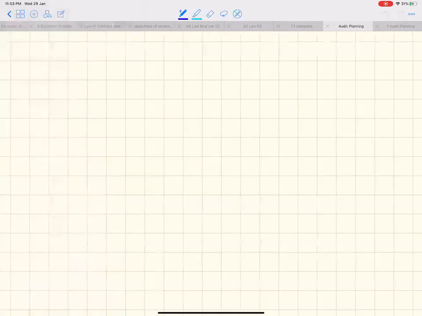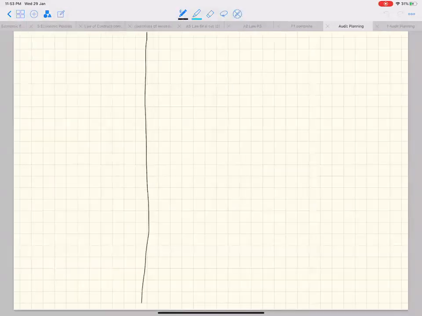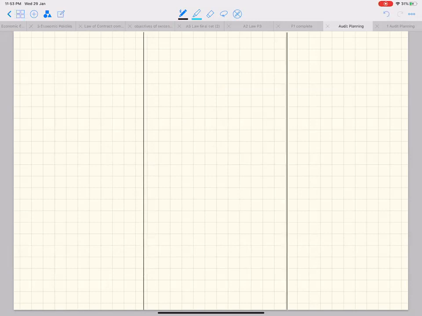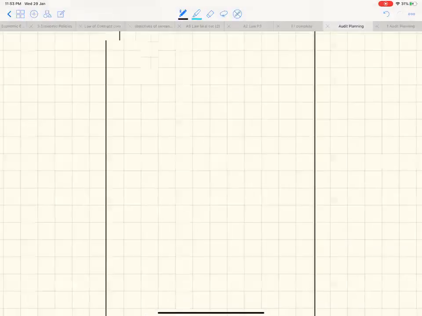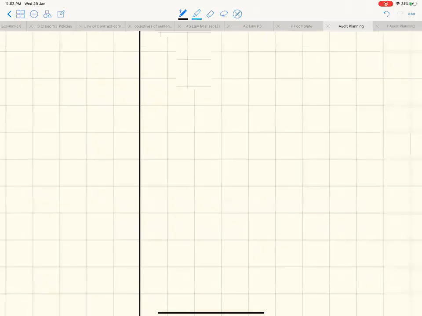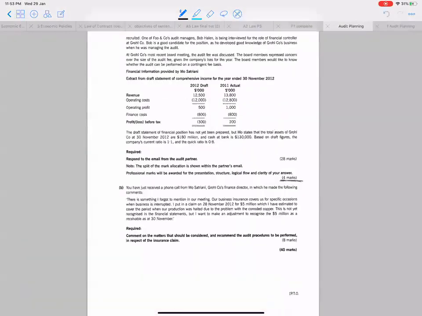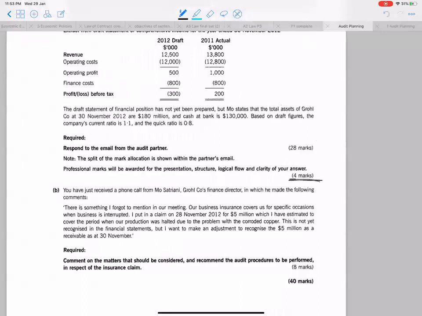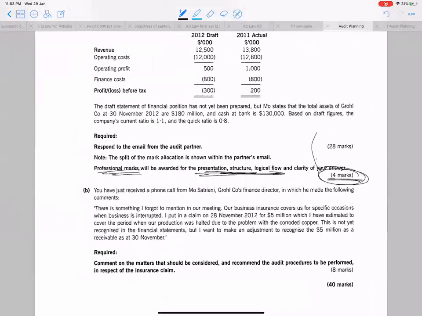Now please concentrate and learn the approach of how I am drafting each and every risk. This will be very helpful for you so that you can understand how you have to deal with the situation. Okay, now, when you are dealing with question one, you have 4 professional marks also. Now, these 4 professional marks are divided in 2 heads: 2 marks for email format, like you have to make the format of the email, and 2 marks for overall flow of answer.